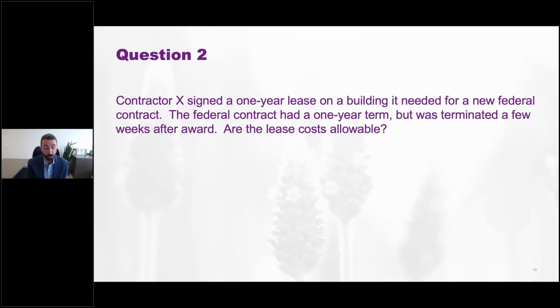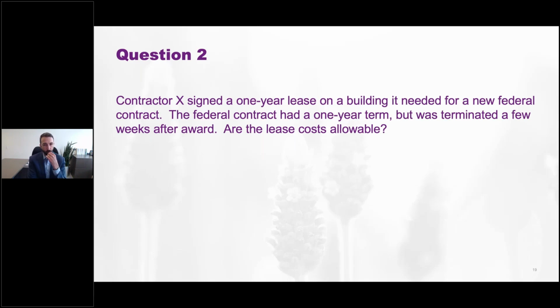You're going to deliver goods. You need a warehouse in Florida to store the goods. That makes sense. It's a good business reason. You rented the warehouse. All right. So far, so good. So far, so reasonable. Just assuming no other facts, right? No other circumstances. But the contract had a 1-year term, so you signed a 1-year lease. Makes sense. Assuming the lease term is coextensive with the contract term, seems pretty reasonable.